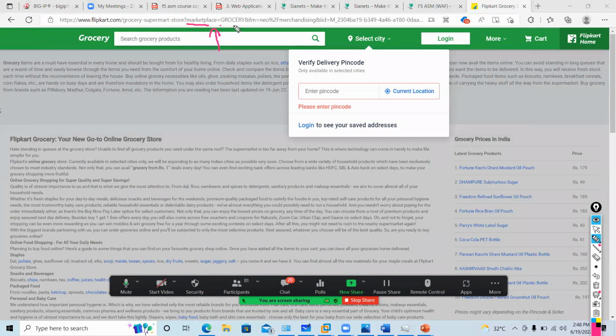Marketplace is one parameter. This is called name, and this is called value. So URL is a combination of many things, guys. That is where ASM comes into the picture. It can protect your URL, file type, and parameter.